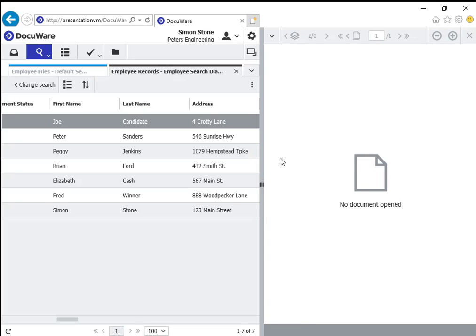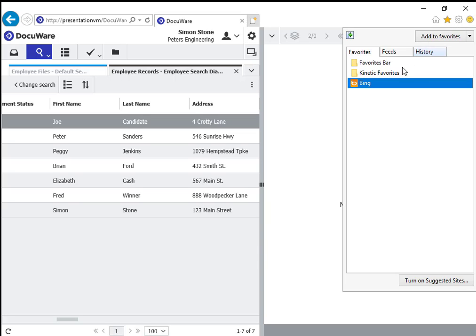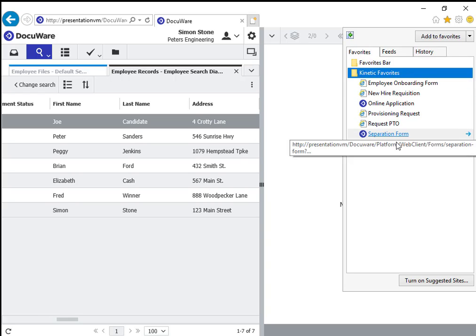So right now, the documents that are stored in the employee records file cabinet indicate a record for each of the employees. Now we have our new candidate, our new employee, Joe Candidate. Let's say for some reason things didn't work out and we have to go ahead and flag him as terminated. So there is a DocuWare form called the separation form